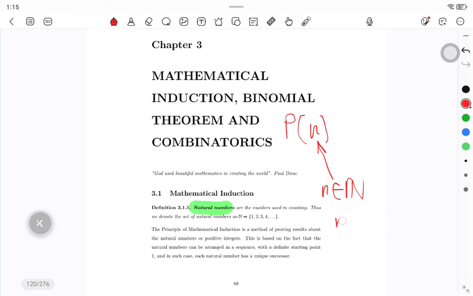Unless they tell you that n is greater than 3 or n is greater than 0 or anything else, it doesn't matter what they give you. But initially, we should always know that the natural numbers are the default numbers that we're going to use for this. So